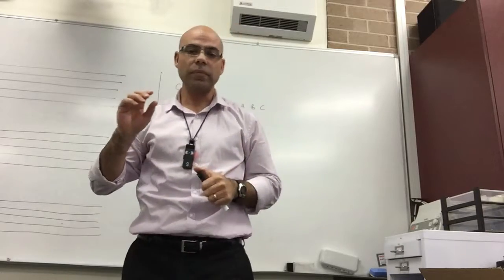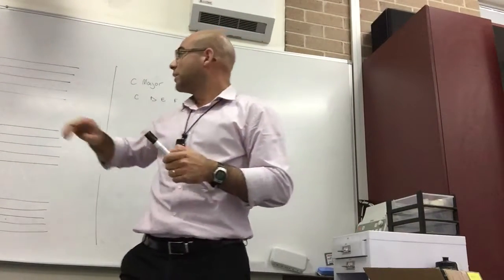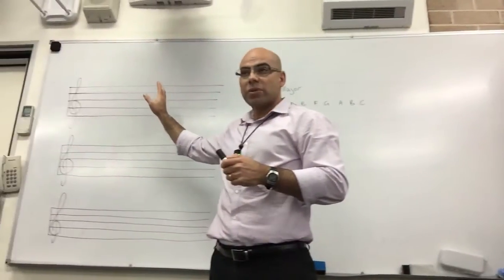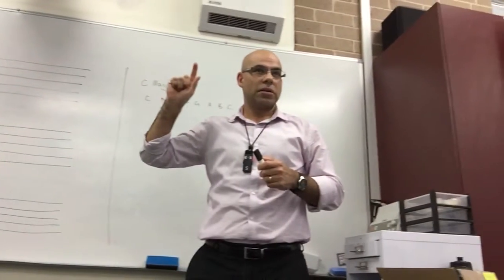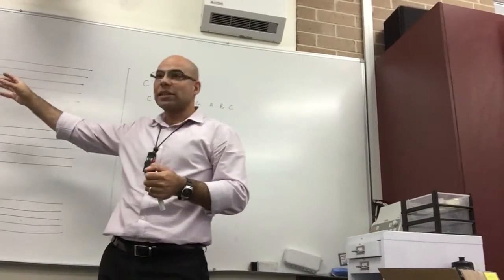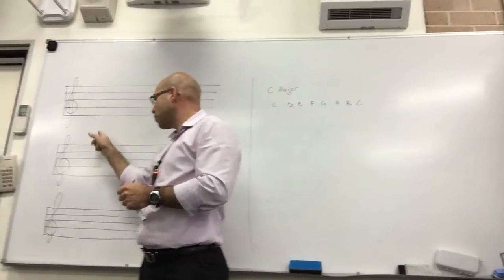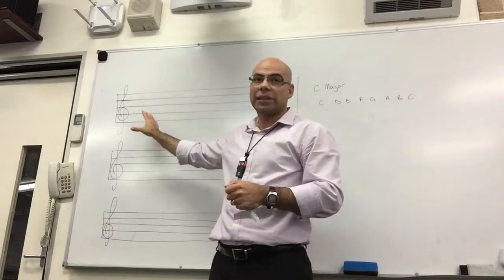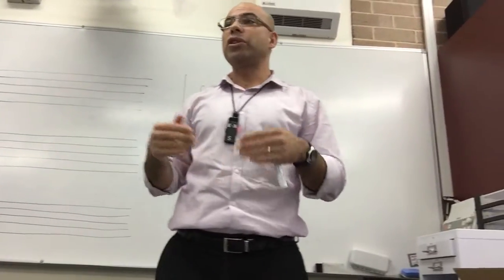Let's go. So the next thing that you need to do for your assessment task is you need to have written out your scales, right? C, G, D, and F. After you've written out your scales, you then need to write the scales using semibreves and using a key signature. So you need to include the sharps or the flats depending on the scale. After you've done all of those things, you're then up to the step where you need to write a piece